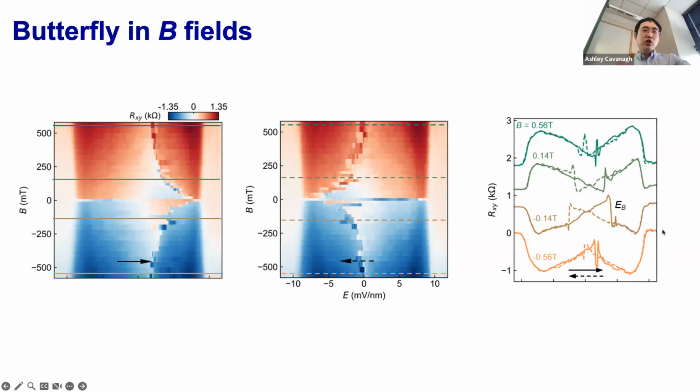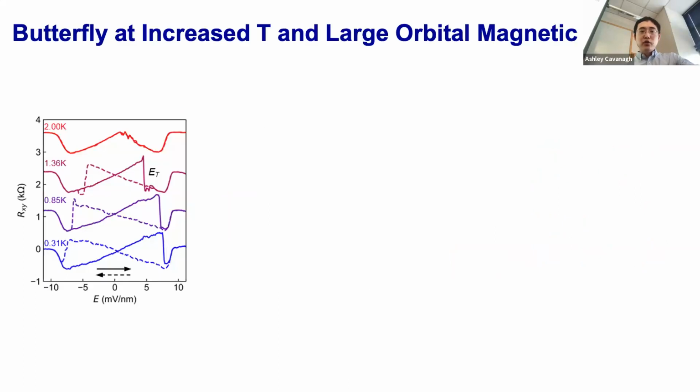So this is when the external magnetic field is big enough that you don't need to worry about Ferro-Valleytricity. It's just that the minus M dot B term is big enough to determine which state you choose, right? So it evolves into M or W when the butterfly is killed. Another thing you can do is to warm up the sample a little bit, okay? Instead of a temperature of hundreds of millikelvin, as you increase the temperature, this butterfly also shrinks in the range it occupies, and eventually at about 2 Kelvin, this butterfly is completely gone, and you get the W shape,